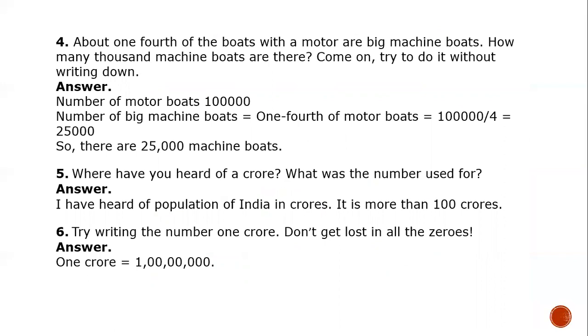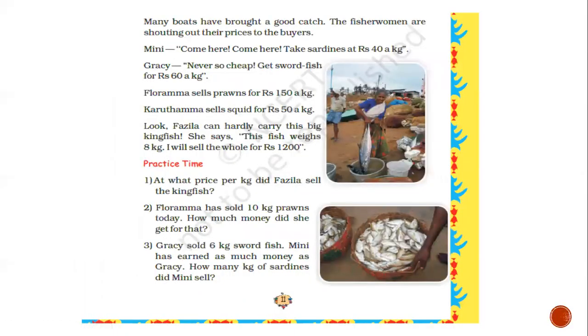So the last question, try writing the number 1 crore. Don't get lost in all these zeros. So 1 crore is 1 followed by 7 zeros. Please put the comma at the correct place. Moving ahead,